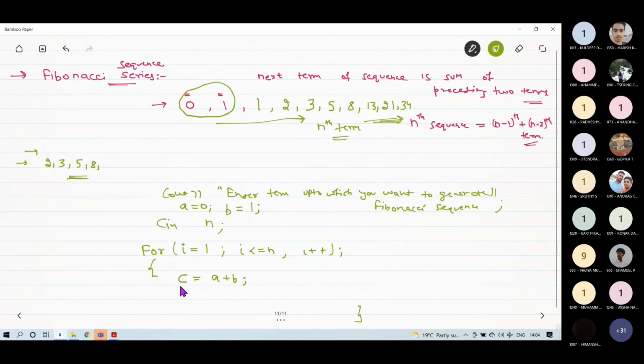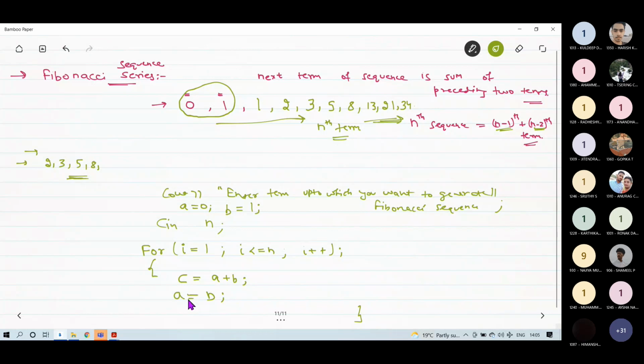So in each next iteration, I have to reallocate the values of the (n minus 1)th term and (n minus 2)th term. So let's say I write a equal to b: b should be given to variable a.